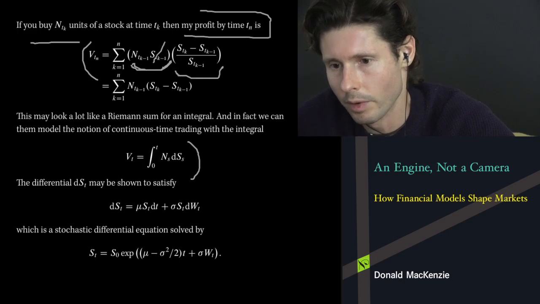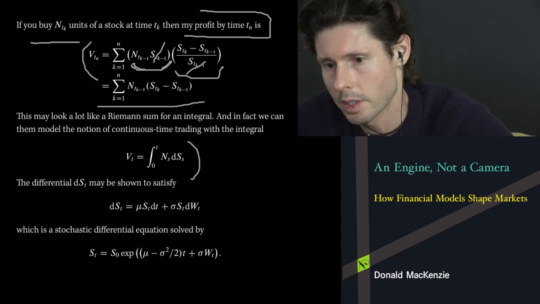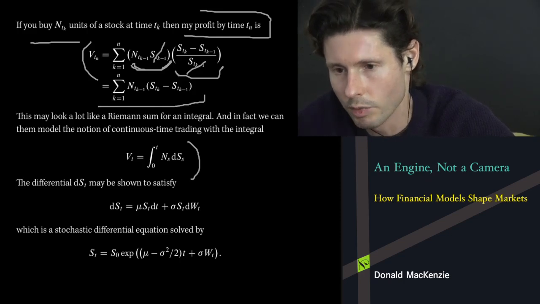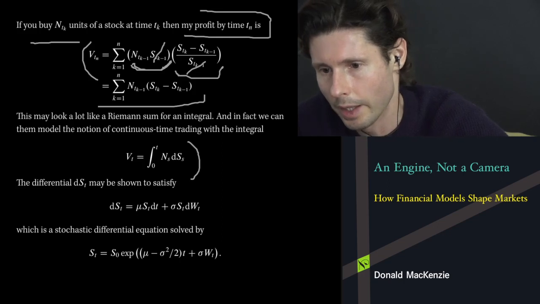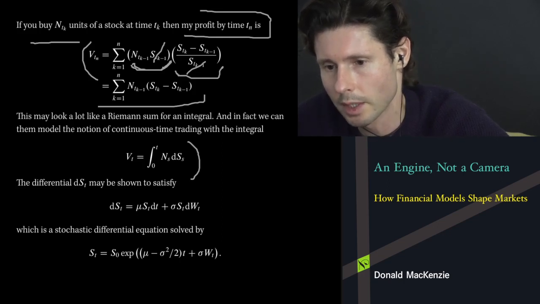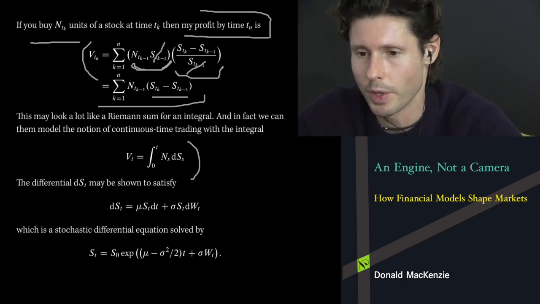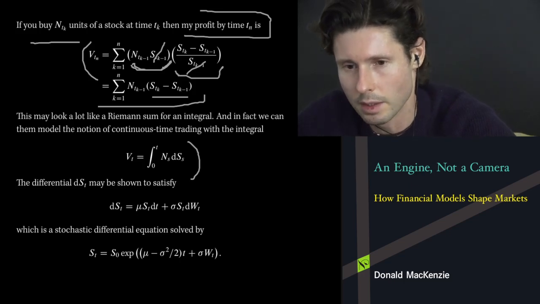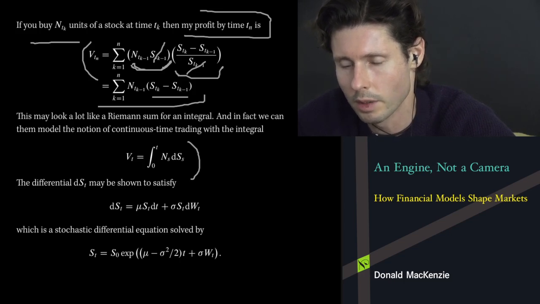And now the upstairs cancels downstairs, and it reduces to this nice expression, which looks kind of like a Riemann integral. So in fact, it's a stochastic integral, but it looks like a Riemann sum to some extent, except that in Riemann sums, usually this term right here would be t_k minus 1. Here we're using the price itself as the quote-unquote differential. And nevertheless, things work out relatively analogously.